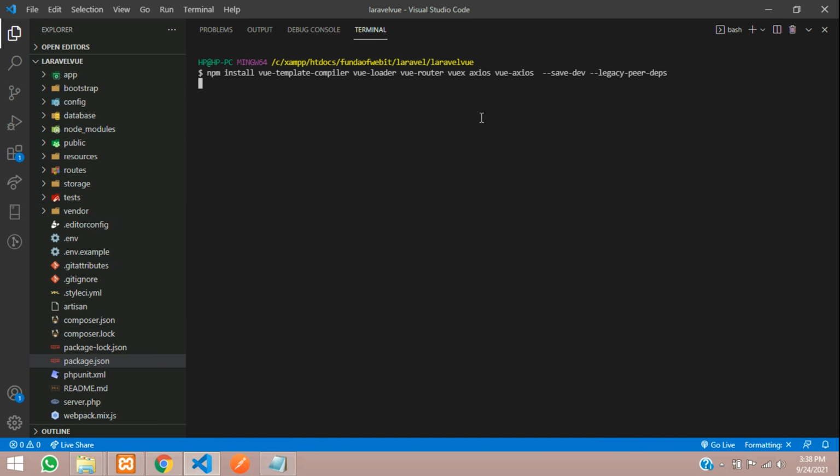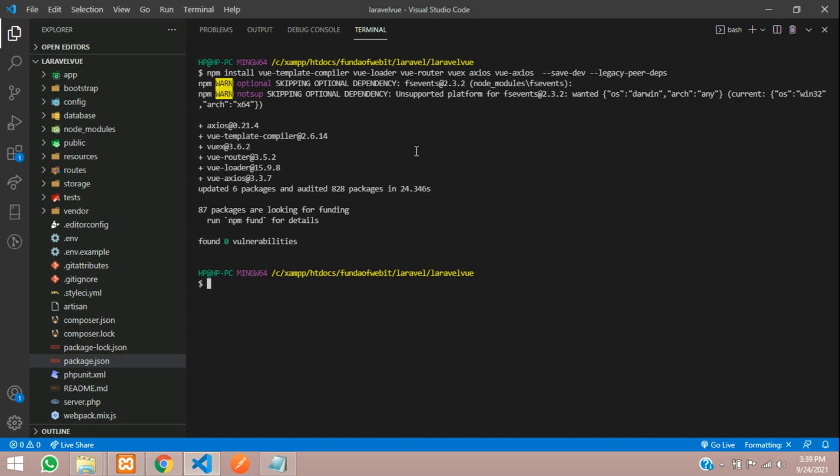It will install our Vue compiler, Vue loader, Vue router, Vuex, Axios and Vue Axios, all the things. Let's wait for it to get installed. Okay, all set, and now let's run npm run dev to set all the things.